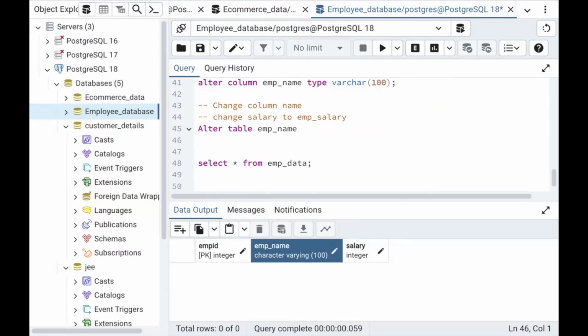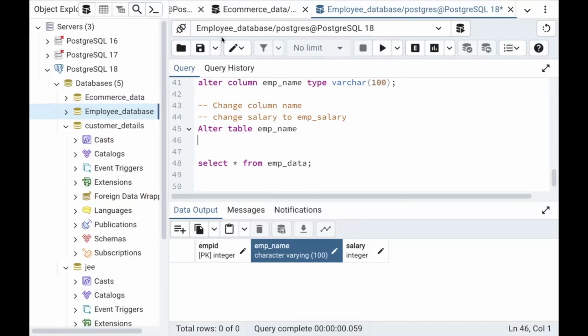So what should I use in order to rename a column? What function do I have to use? We are renaming a specific column, not a table name, just a column name. So you just need to use ALTER TABLE name, RENAME, old name TO new name. Very simple.